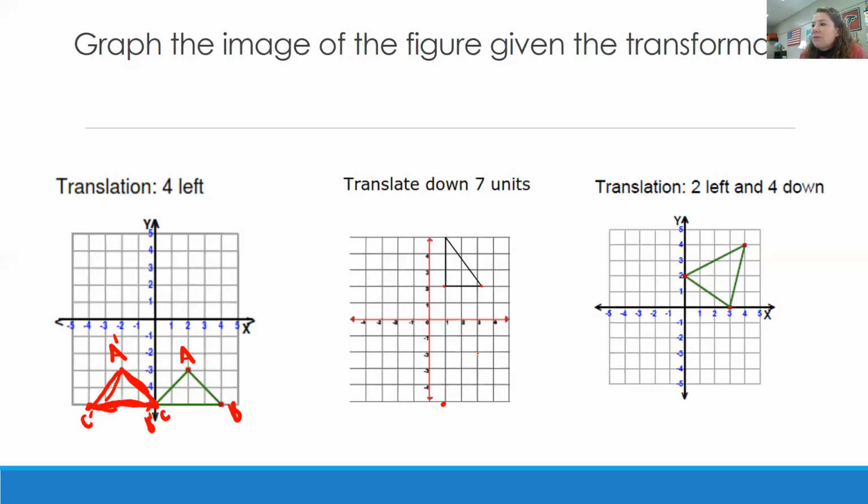1, 2, 3, 4, 5, 6, 7. And straight down 1, 2, 3, 4, 5, 6, 7. So when I'm finished, if I drew a straight line,